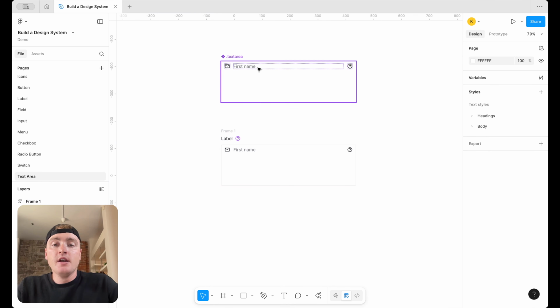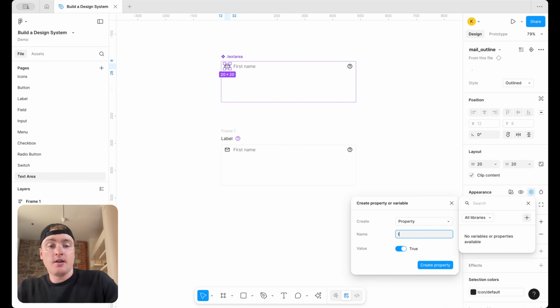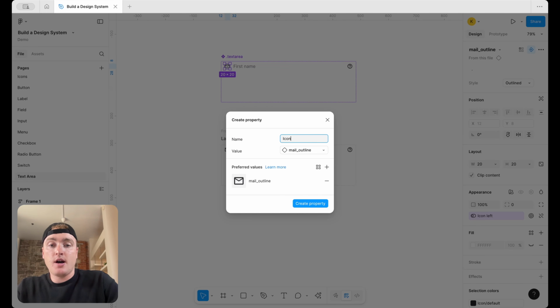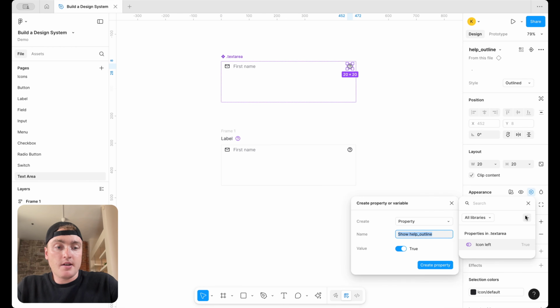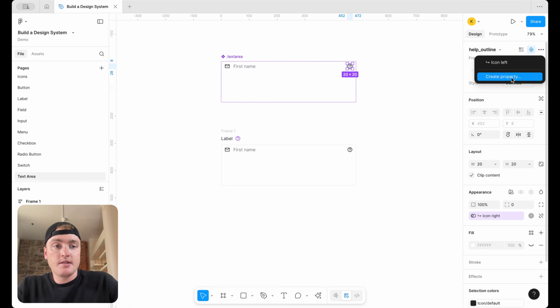With me so far? So with that, we still do need to go ahead and re-add in these properties, because remember we just detached our initial component. So starting off with our icon left, there we go. And then also add in an instance swap for that icon left. You guessed it. Add emojis and symbols, downward facing arrow. There we go. Create the property, same for icon right, layer property, icon right, and then instance swap, icon right,